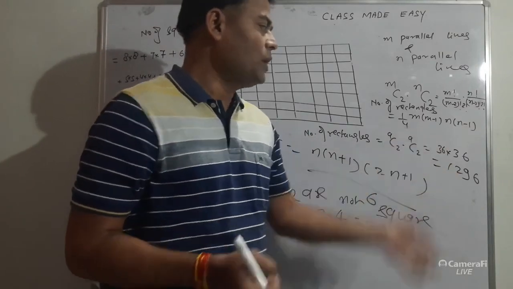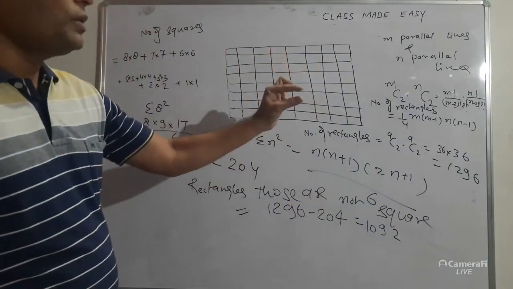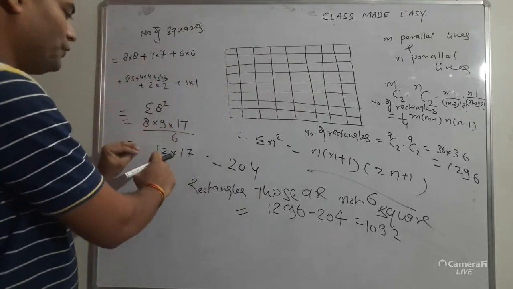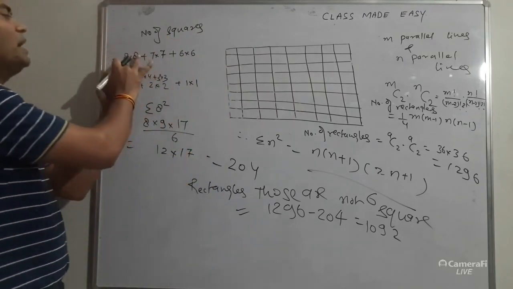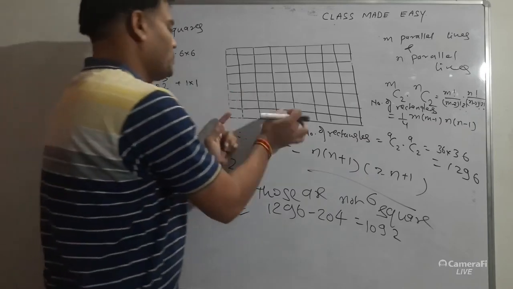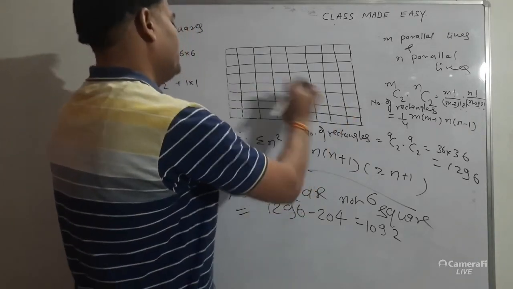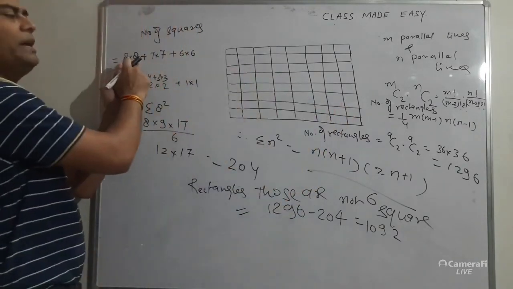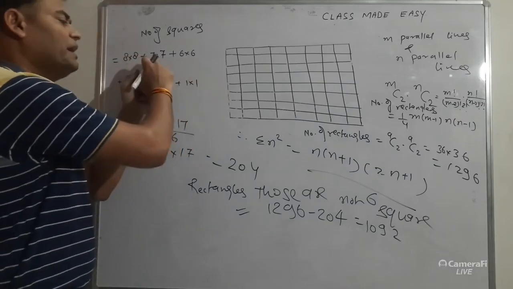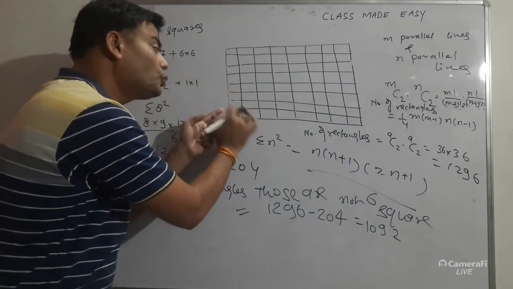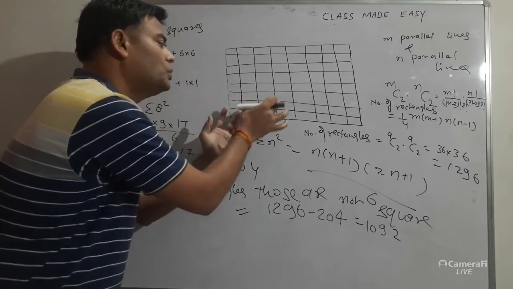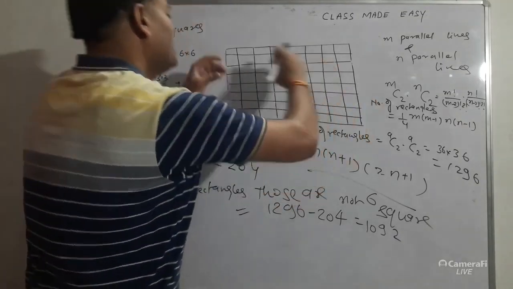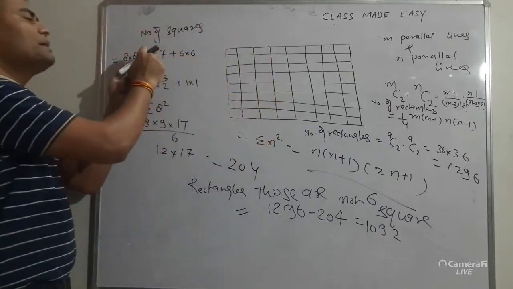Now see, 1296 total rectangles, 204 squares. How do we calculate this 204? Because in starting I took smaller squares. So 8, 8, 8. So it is 8 into 8. And then second line, again, if I took 2 by 2 size, this one is left. So it is 1, then 2. So in that we got 7. So for 7 lines, we will get 7 into 7.